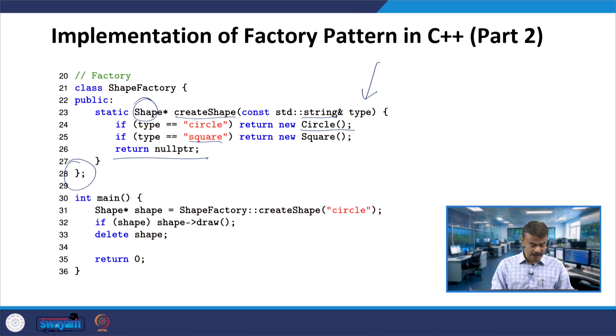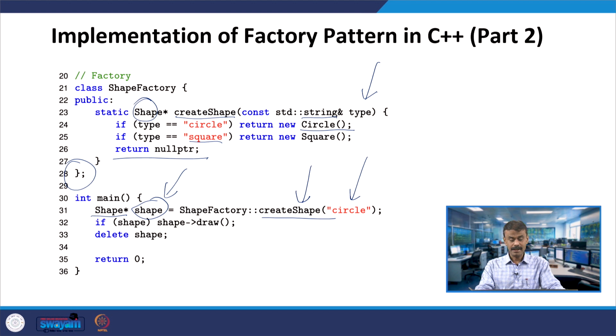Now, in int main, I have a pointer object shape, right, a pointer object under shape. On the right hand side, create shape will be invoked by passing circle. When I am passing circle, this particular function will be invoked, and therefore the type will be circle.